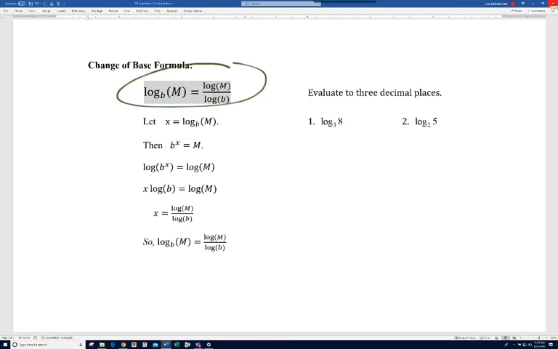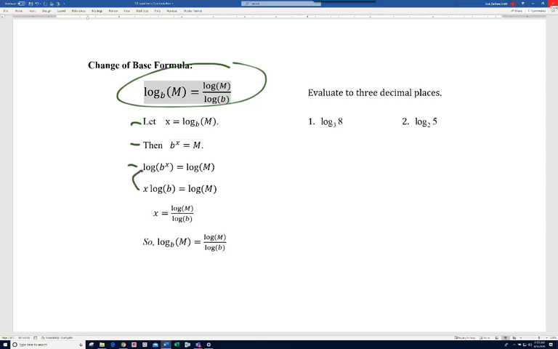All right, so let's see if we can follow the steps here. We start with letting x equal log base b of m. So how did I get this? Well, isn't that just a matter of switching forms? Change to exponential form. And then here, all I did was take the log of each side, base 10, and then